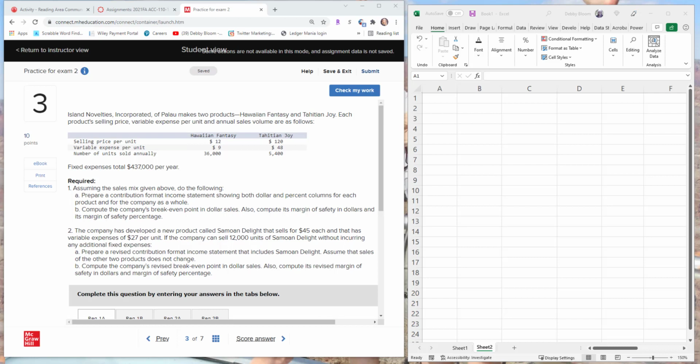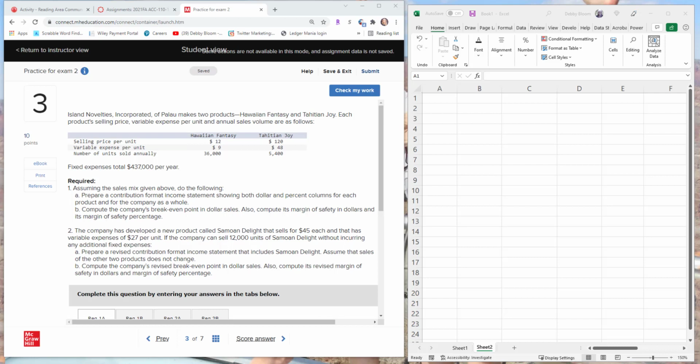So Hawaiian Fantasy has a selling price of 12, variable expenses of 9, and number of units sold annually, 36,000. Tahitian Joy, 120, 48, and 5,400 in quantity. Fixed expenses are $437,000 a year. So in requirement 1, we're supposed to prepare a contribution format income statement showing both dollar and